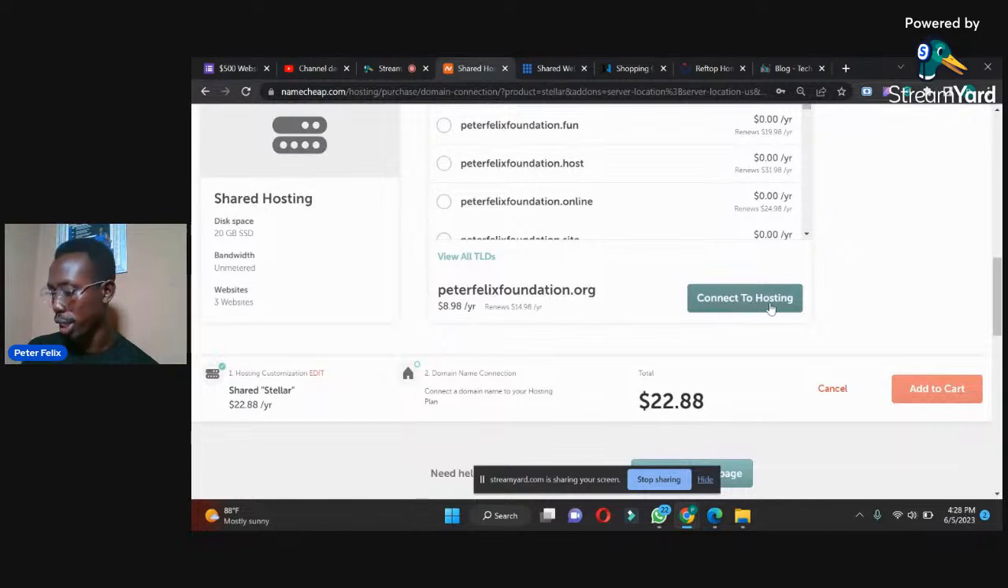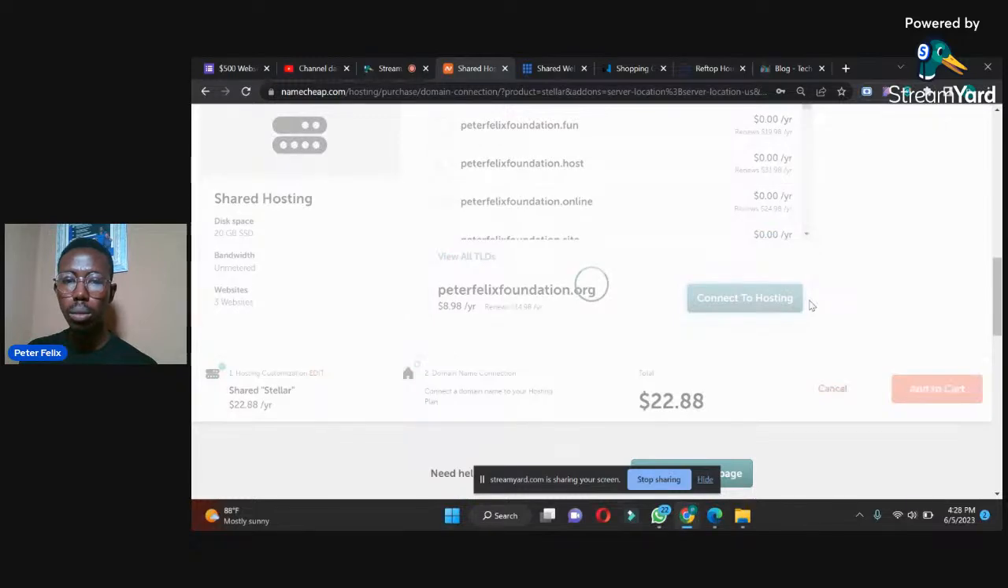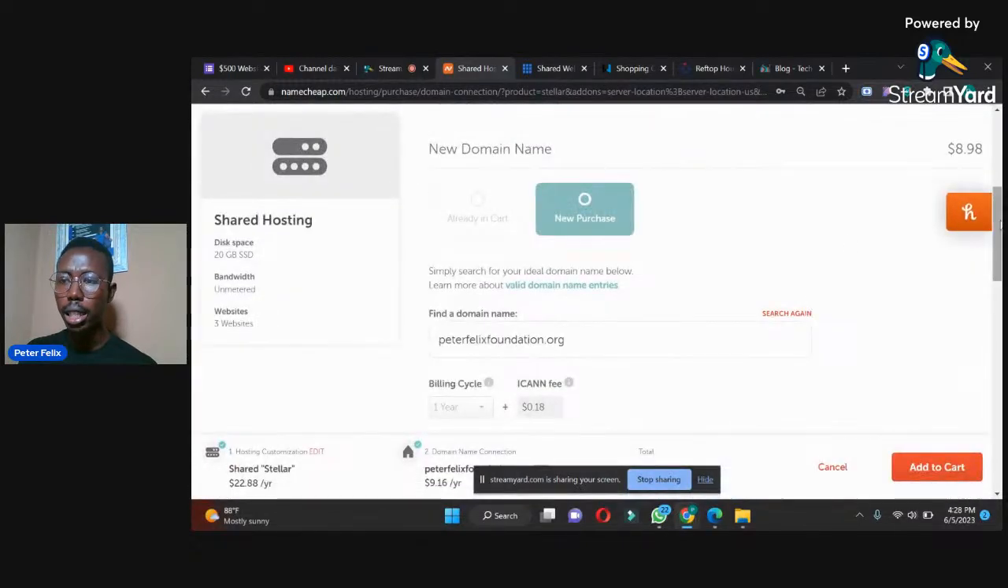then connect to hosting. Now, any domain you connect with your hosting will stand as your primary domain. You will still get the meaning of primary domain, the add-ons and all that. We'll get all this very soon. Once you connect this peterfelixfoundation.org, it will stand as the primary domain to your shared hosting account. Now, let's click on connect to hosting. We have connected it,